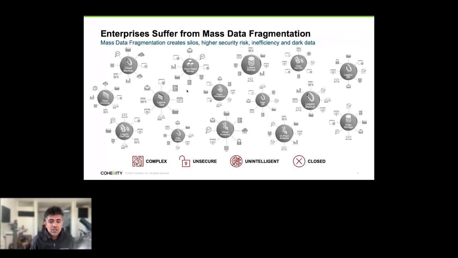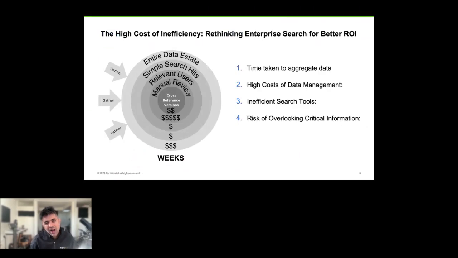You can't actually put any use to it. And finally, you can't have one solution that can drive value when your ecosystem is in this framework. Now, when we look at how the inefficiency looks when we actually take a look at certain use cases,